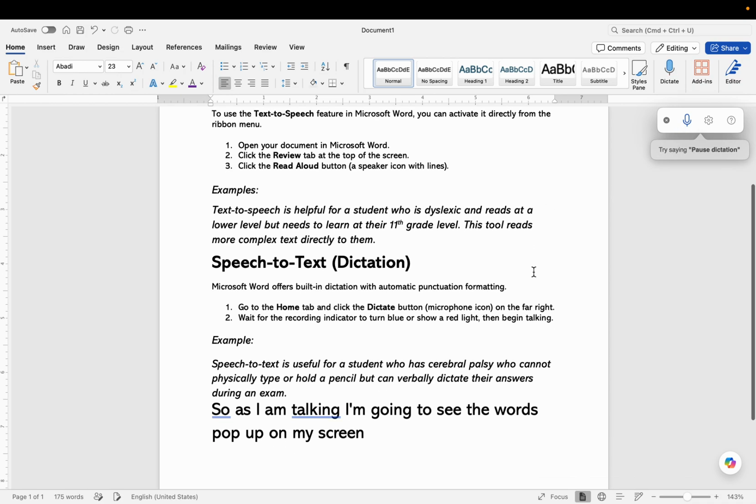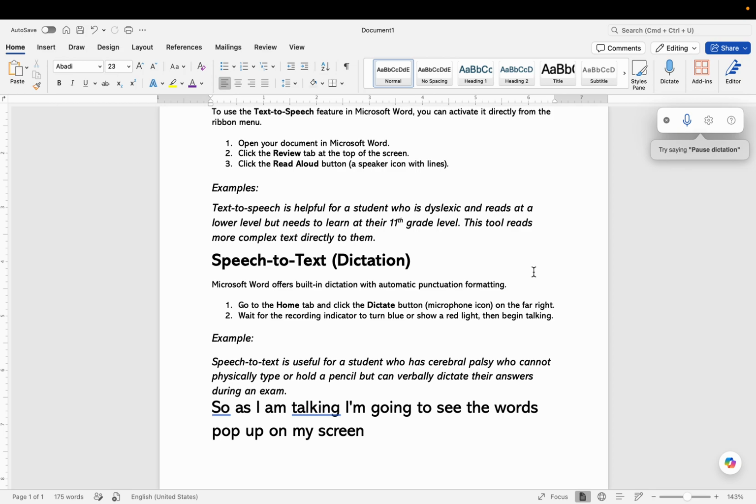And so if I want to add punctuation, you're just going to say the word out loud. So for example, if I want to say period, I just say period. If I want to say exclamation point, I just say exclamation point. And so I'll give that example as well. Thank you, exclamation point. And so you can see that it capitalizes the word sentence for me and adds a punctuation at the end